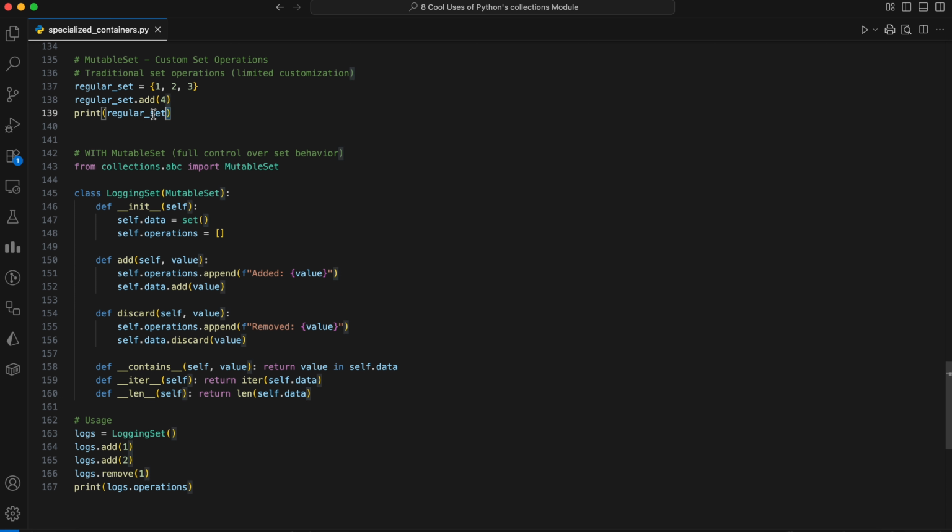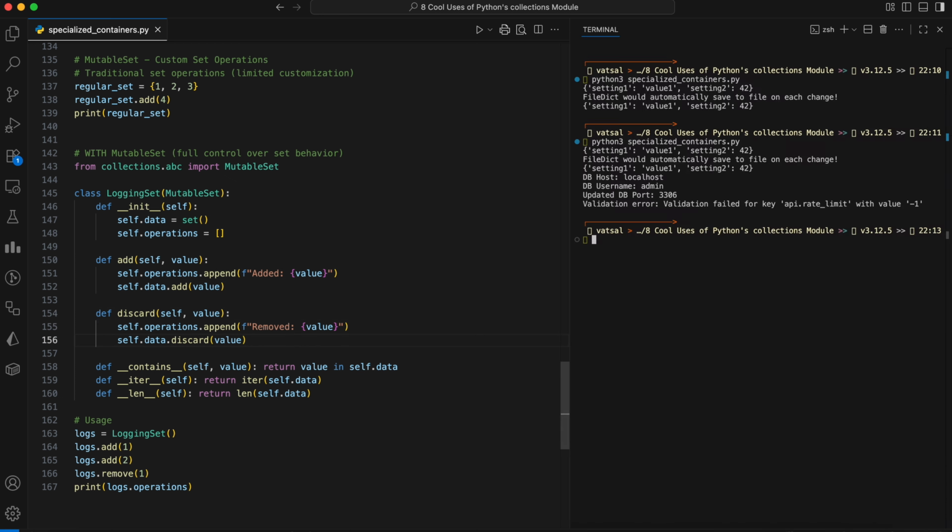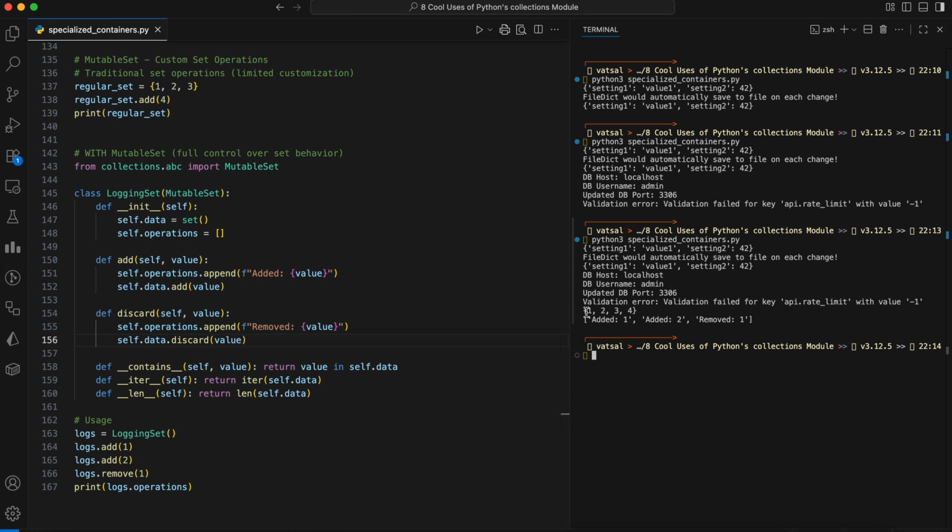While a standard set has fixed behavior for operations like add and remove, inheriting from MutableSet provides a structured way to build a class that behaves like a set while allowing for custom logic. By implementing the core abstract methods, add, discard, __contains__, __iter__, and __len__, the LoggingSet automatically gains all the other set methods, such as remove. This is shown when the code calls logs.remove, which is not explicitly defined in the class, but works because it internally calls discard. The custom implementation adds an additional feature. It logs every addition and removal, showcasing how ABCs both provide a clear contract and inherited functionality for creating specialized